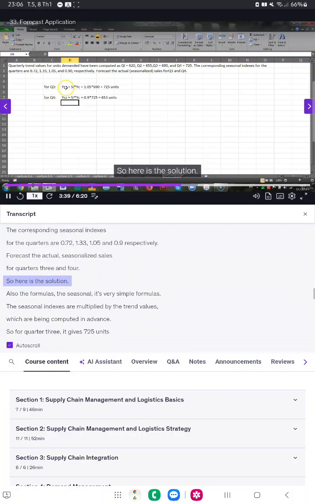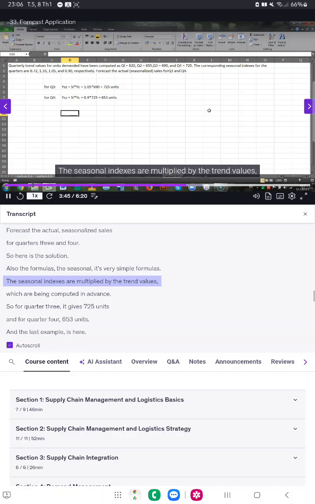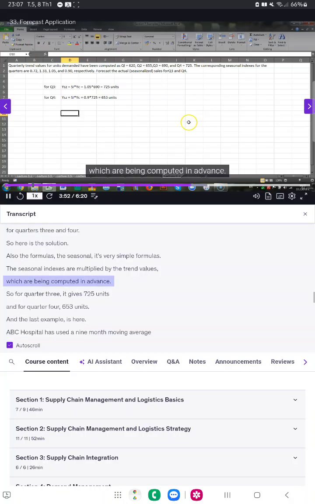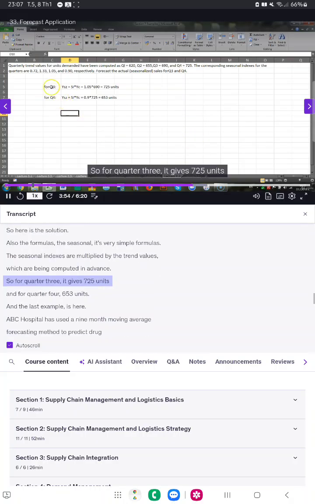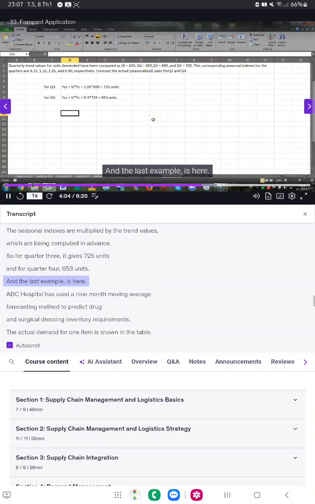So here is the solution. Also the formulas, the seasonal ones, are very simple. The seasonal indexes are multiplied by the trend values, which are computed in advance. So for quarter 3 it gives 725 units, and for quarter 4 653 units. And the last example